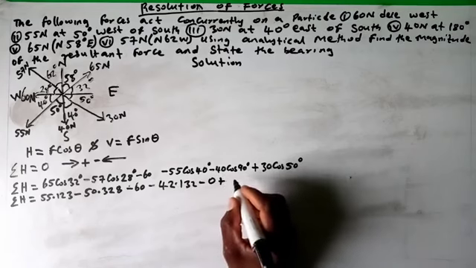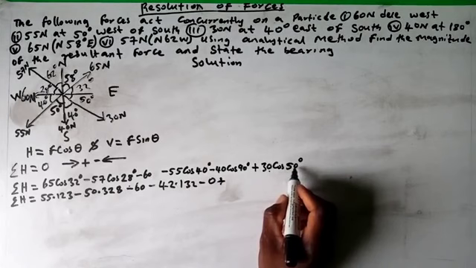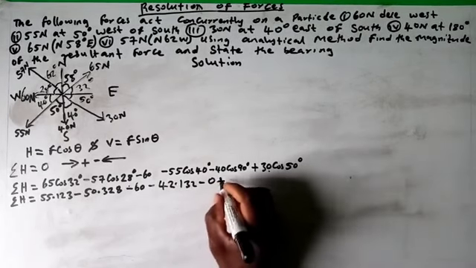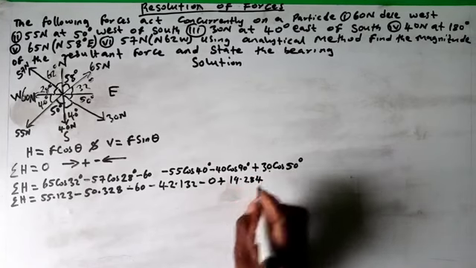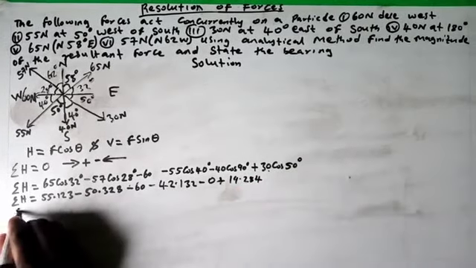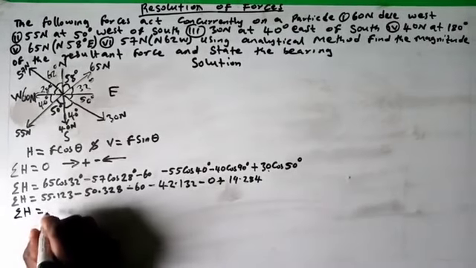Then plus 30 cos 50 is equal to 19.284. So our summation of H will now be equal to, if we add up everything, minus